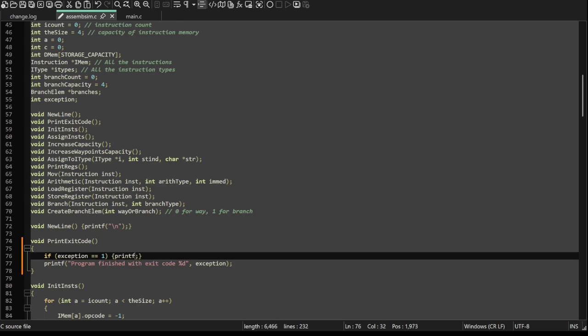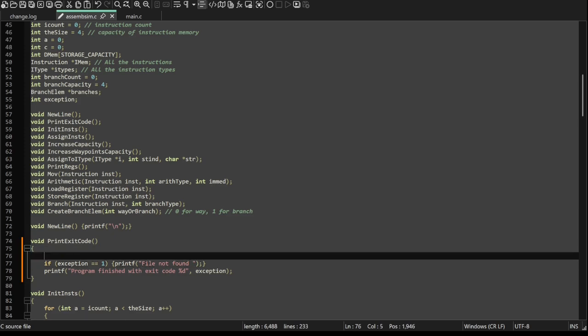So now it's going to say printf file not found, and it's going to have printf, let's start with, and then a new line, and then in capital letters exception,